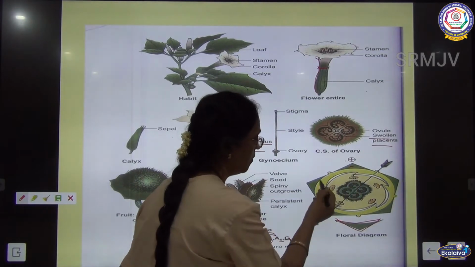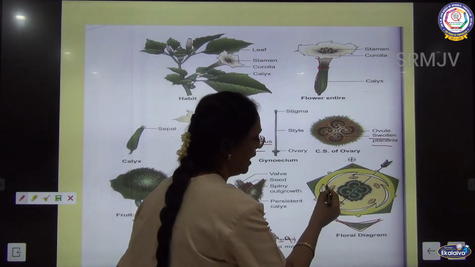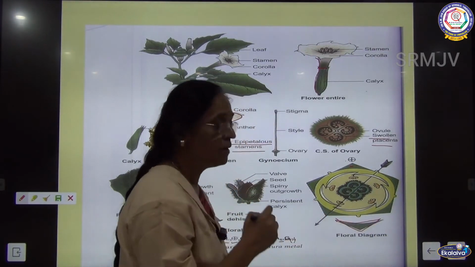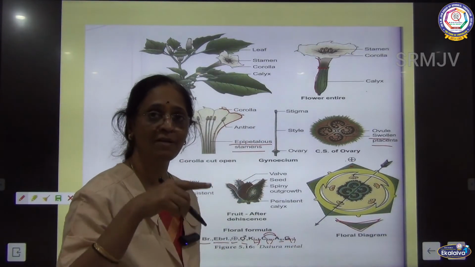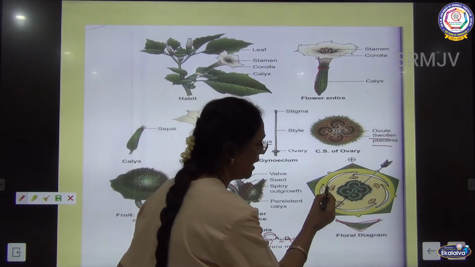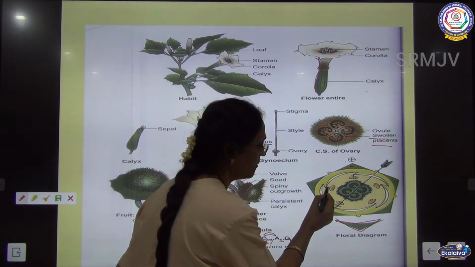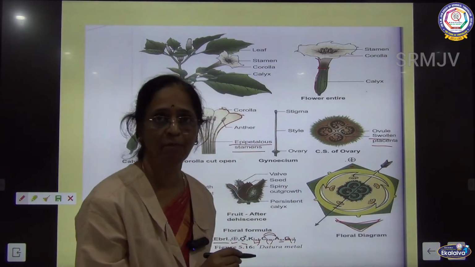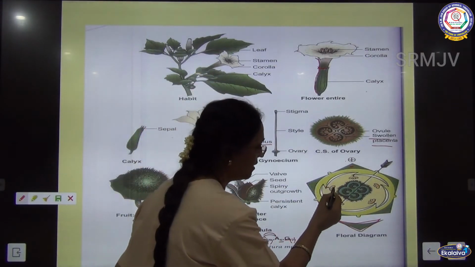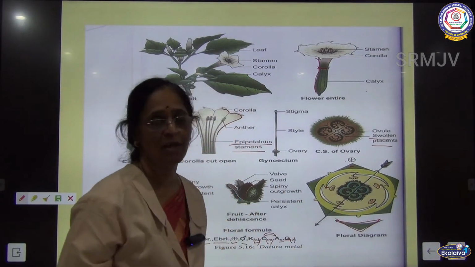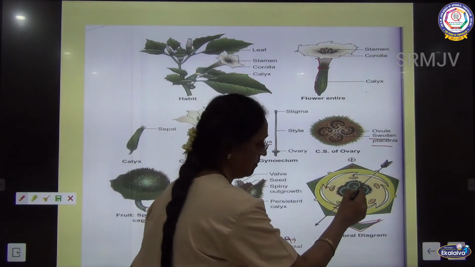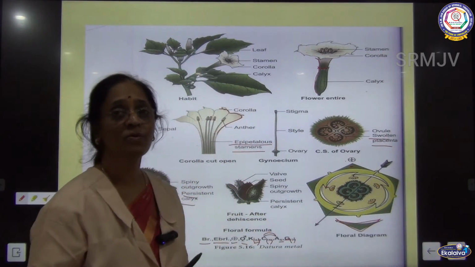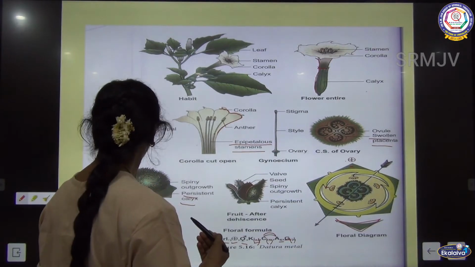So, you will find 1, 2, 3, 4, 5, and this is the corolla. You will find twisted aestivation, that is alternating with each other, one is in and the other out, and the anthers are attached to the corolla. So, it is epipetalous stamens, and if you draw the diagram like this, it is understood it is diplostemonous, and this is bicarpellate ovary, but it has a septum, so it looks as tetralocular.